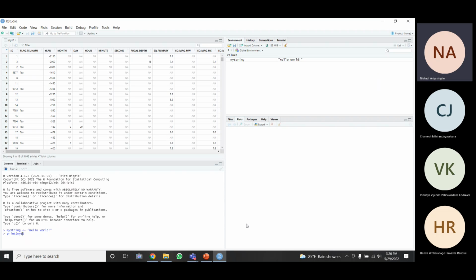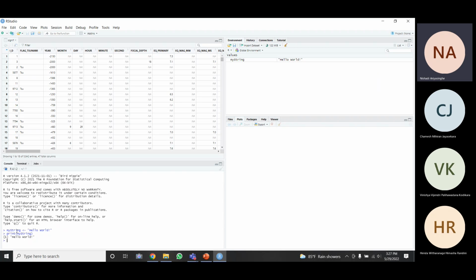So for example, I'm typing my and I'm using control and space and it will be completed, right? Since I only have one variable starting with my, it will complete the name of the variable. So it is pretty much similar to any other IDE. So I'm going to click enter, and you can see hello world will be printed here.